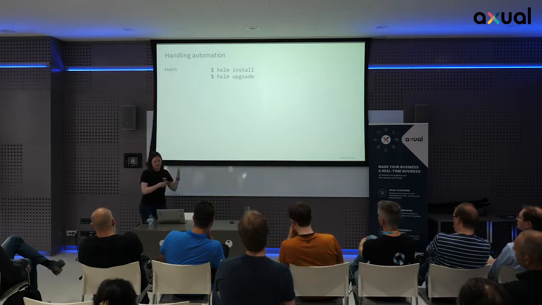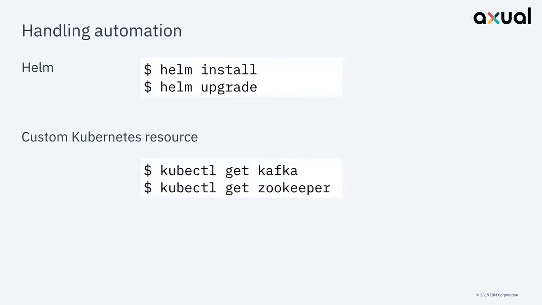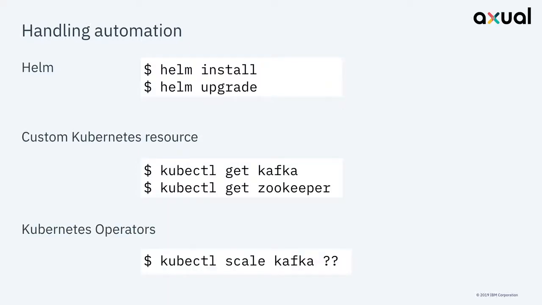Since we brought out our product and have been developing it, there's been the rise of custom Kubernetes resources and Kubernetes operators, of course, which is another option. Helm is very much more like, you write all these YAML files and then you can really see what's happening quite easily. Writing a custom Kubernetes resource or an operator is a little bit more involved.